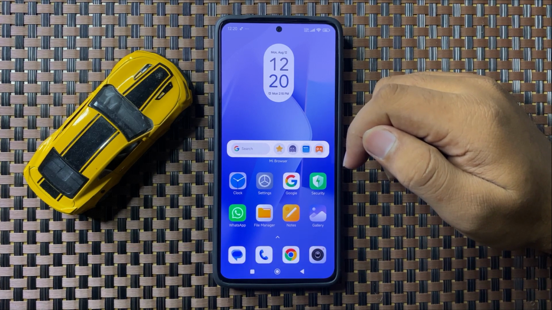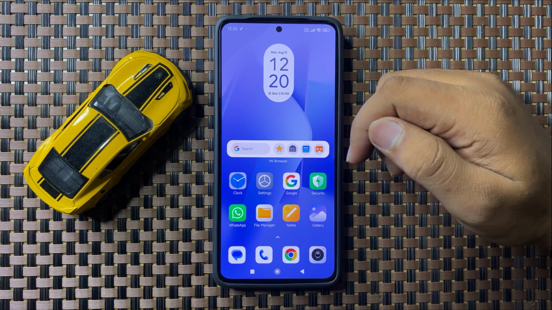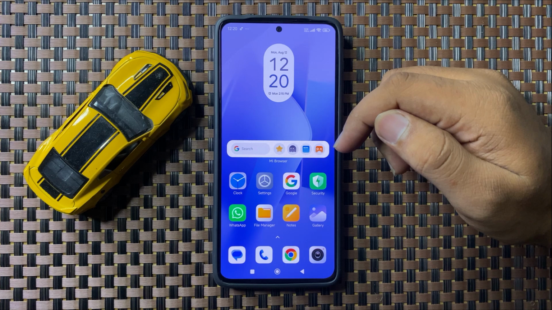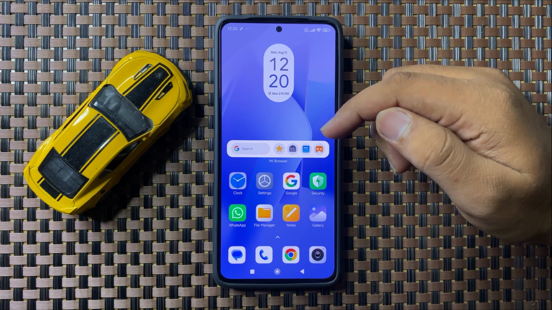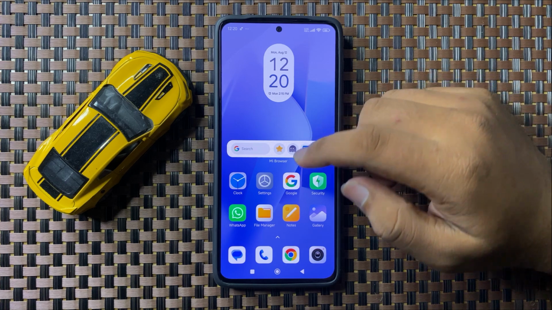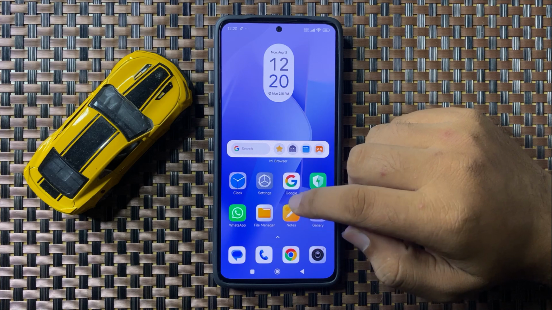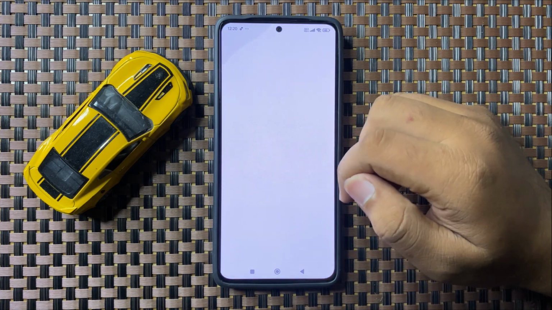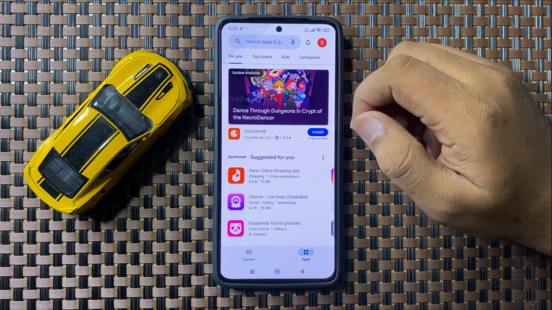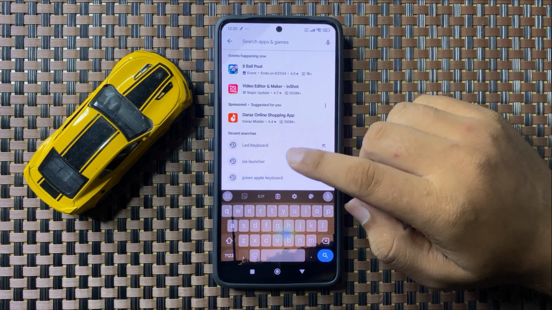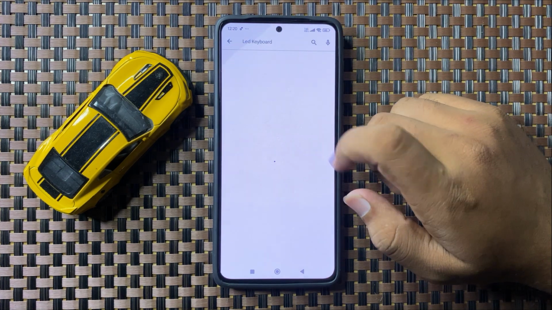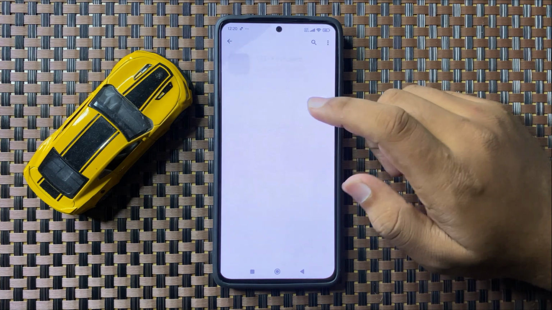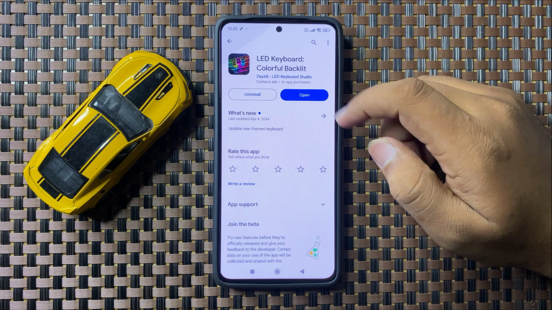In this video I will show you how to use the LED keyboard on your POCO F6. So first of all, open Play Store. Now in the Play Store go to the search bar and search for LED keyboard. Now here in LED keyboard install this LED keyboard app and then tap on open,